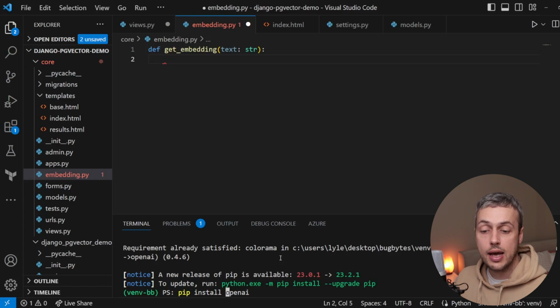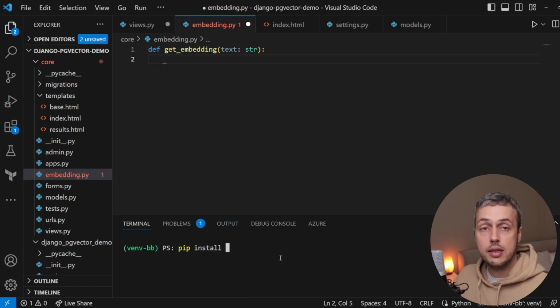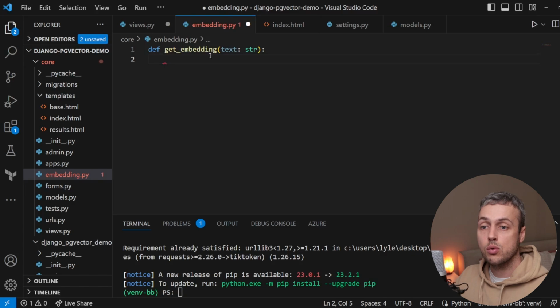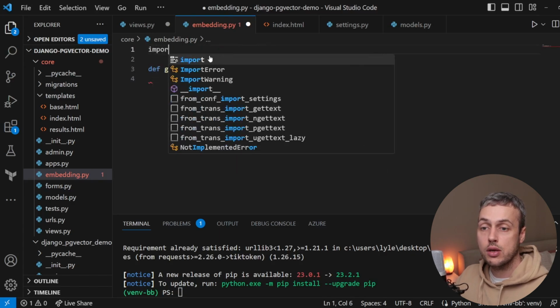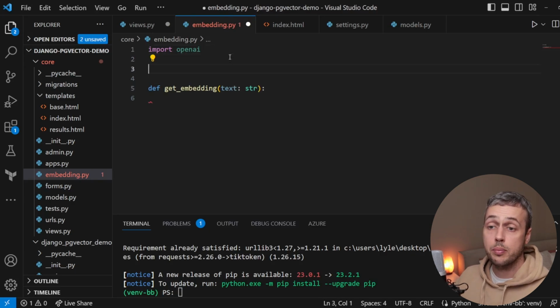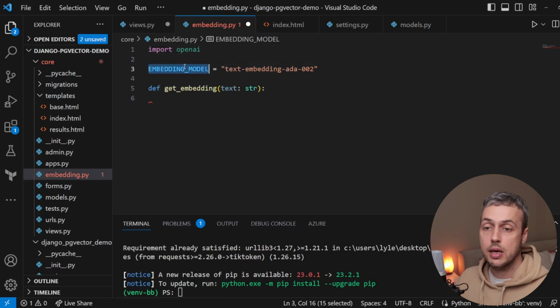As well as OpenAI, we also need to install another library, and that's the tokenizer that OpenAI have created. It's called TickToken. We can also install that into our environment. Then at the top of this file, we're going to import the OpenAI library, and that's going to allow us to call this embedding endpoint as we're about to see. So I'm going to now set up a constant in this module. It's called embedding model. And this is the model that we're going to use, the text embedding ADA version 2